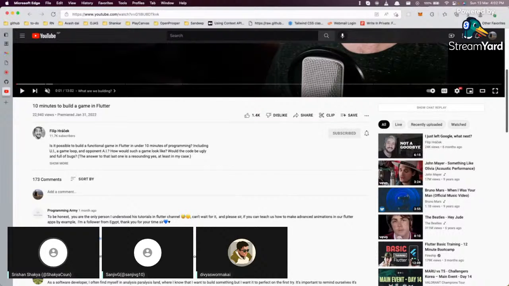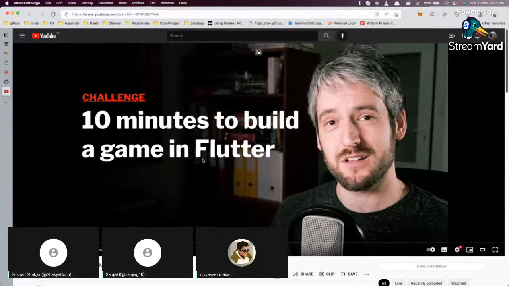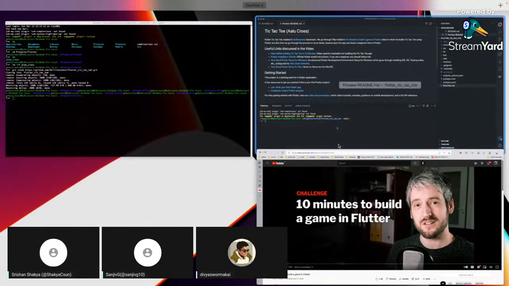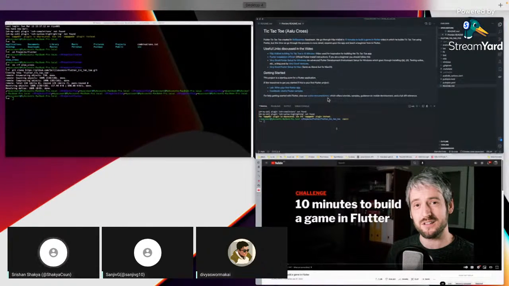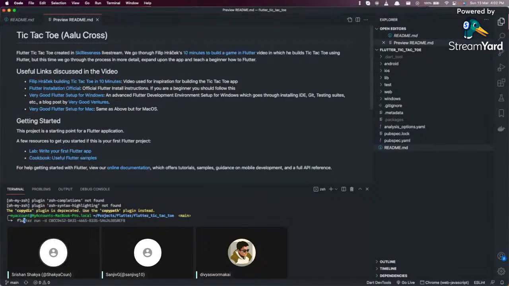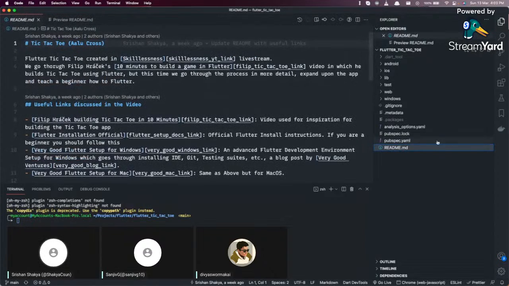Our live stream is also somewhat similar in that aspect. So here he tries to build a simple tic tac toe game in under 10 minutes using Flutter. So let's just try and copy his code for now, and I will explain what the code does. In the video, he also explains what he's thinking while he's doing the coding, but it isn't very beginner friendly. So I'll try to explain it as much as possible to our beginner friends here.